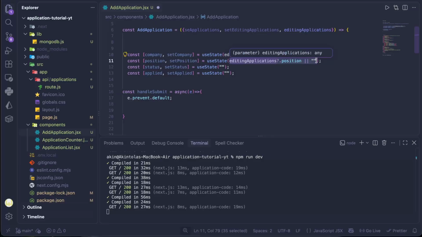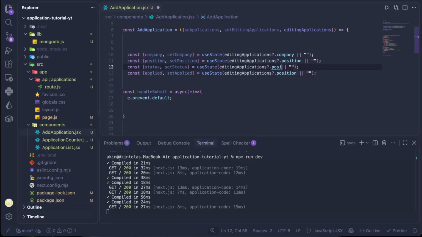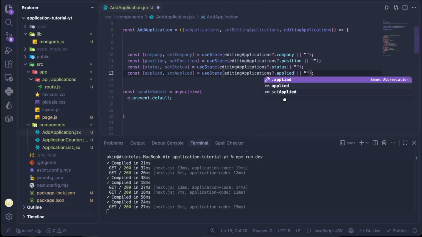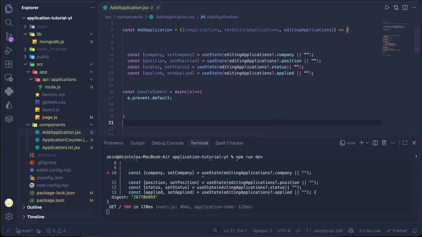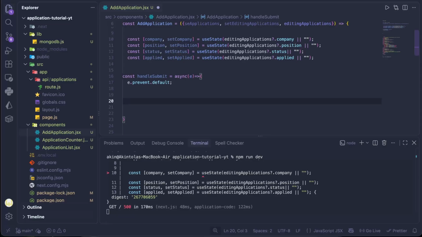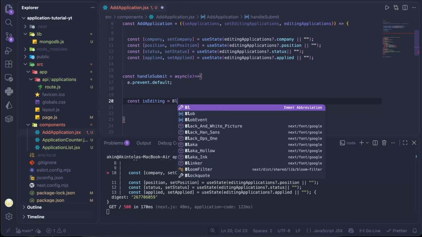So we're just going to copy all this. And this is going to be status. And this is going to be applied. Yeah, because it's a lot easier when you do both at the same time, unless you're going to come back, delete it, and then add all this in again. So what we can say is now const is editing. So if we want to edit, we're going to say boolean